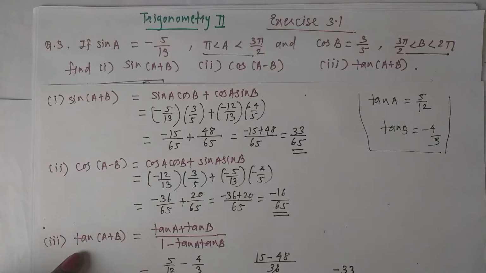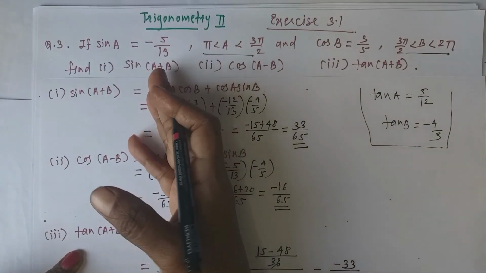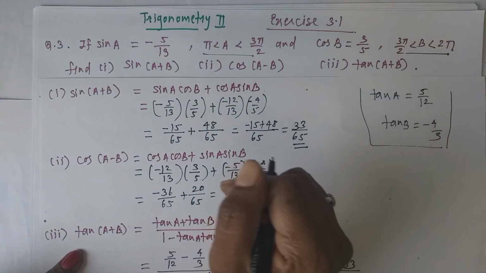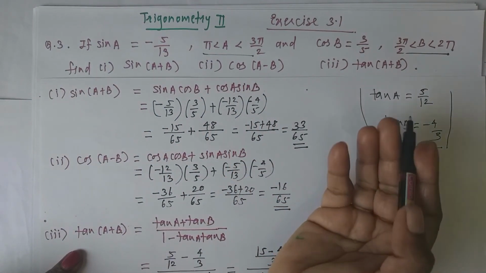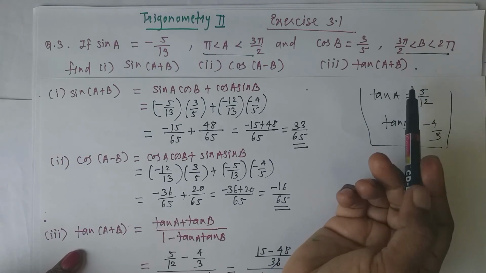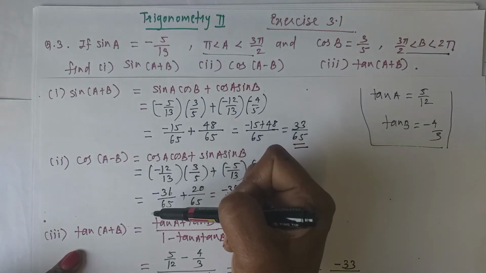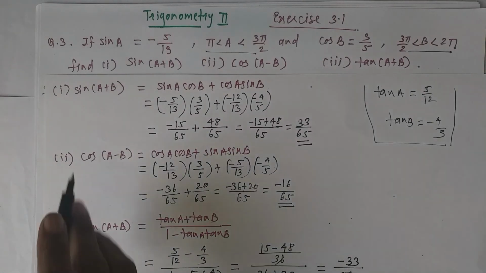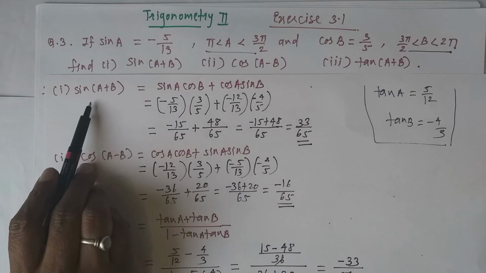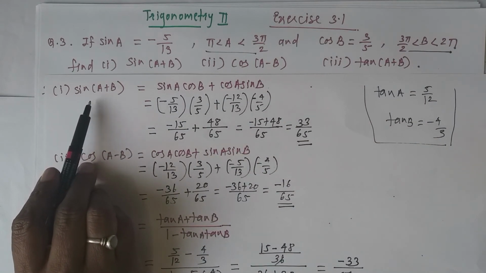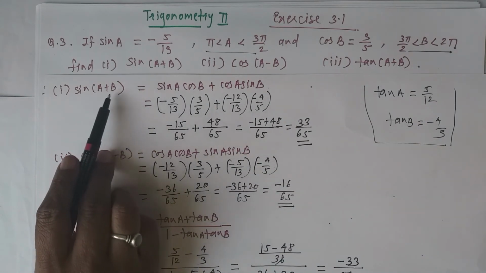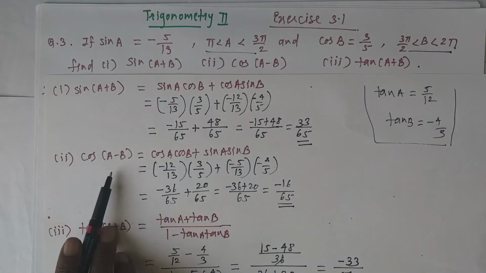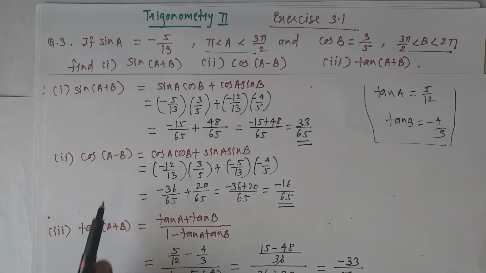Okay. In this way, if the sine function is given, you find the value of cos. If cos is given, you find the value of sine. And once you find sine and cos, then find out the value of tan A and tan B. Use the formula of tan(A+B) or tan(A-B), keep the values and simplify. Such types of problems are very easy. If they ask to find sin(A+B), use that formula. If they say find A minus B, then you use the formula of A minus B. If you have to find cos(A+B), then use that formula.